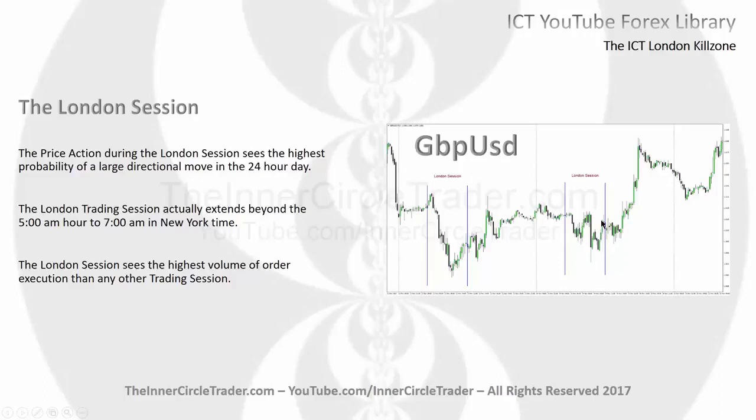If price doesn't start to run there during the London session, we could reasonably expect that the real move is going to be in the next trading session, which would be the New York session, which is not going to be our teaching here. It's the next lesson in this series. But you can see the move ensues after the crossover from the London session and then the beginning of the